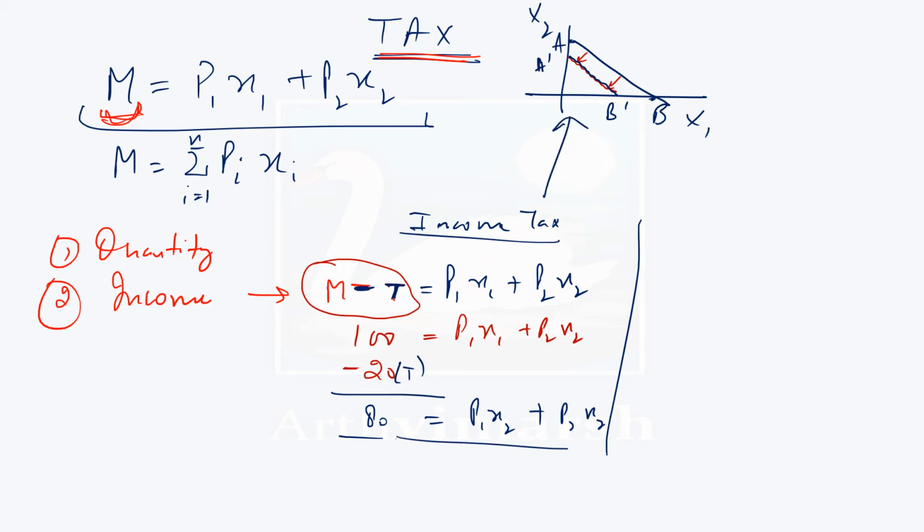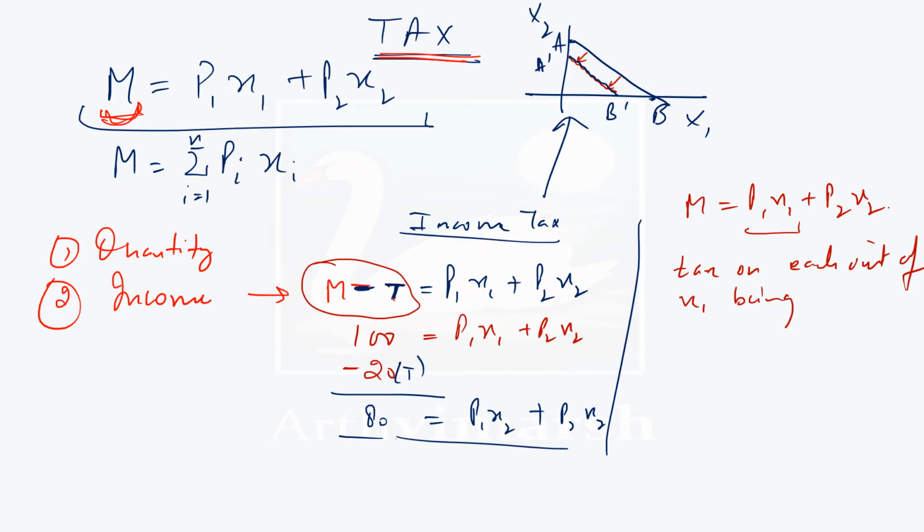It's shifting backwards or inwards. So now the next case is for the quantity tax. Say for instance, on the same budget line which we were assuming, and it can hold for n number of commodities as well. Say for example, each unit of x1, tax on each unit of x1 being consumed